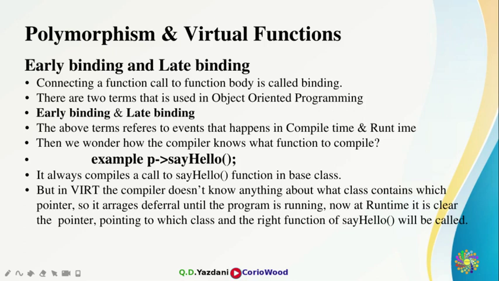So polymorphism is one of the most important aspects of C++ that you need to know. Now you should be clear why we call something early binding or static binding, or late binding or dynamic binding: because of whatever happens inside the compiler at compile time and run time, that's what we're referring to, early binding and late binding.